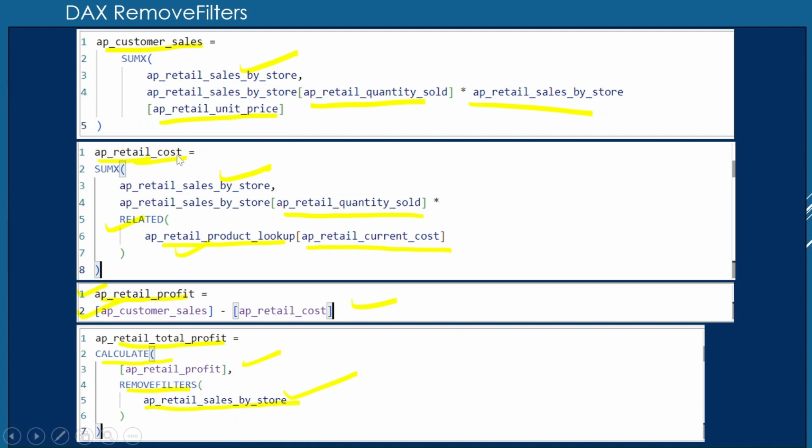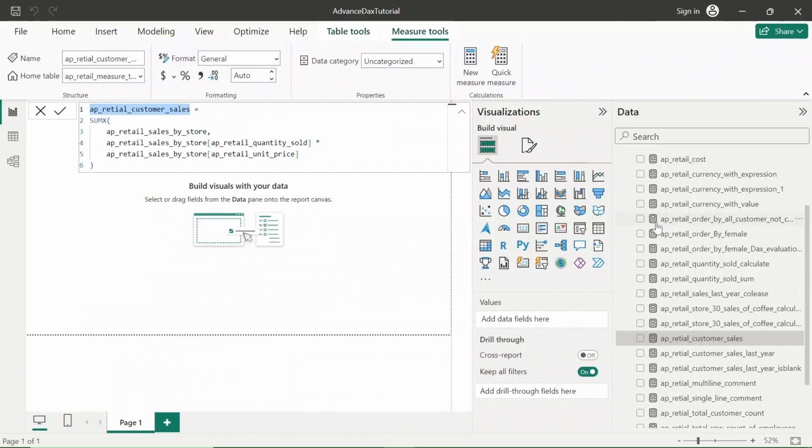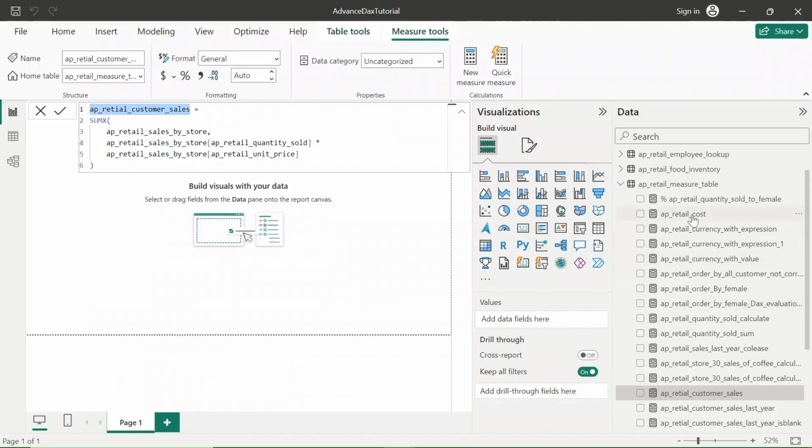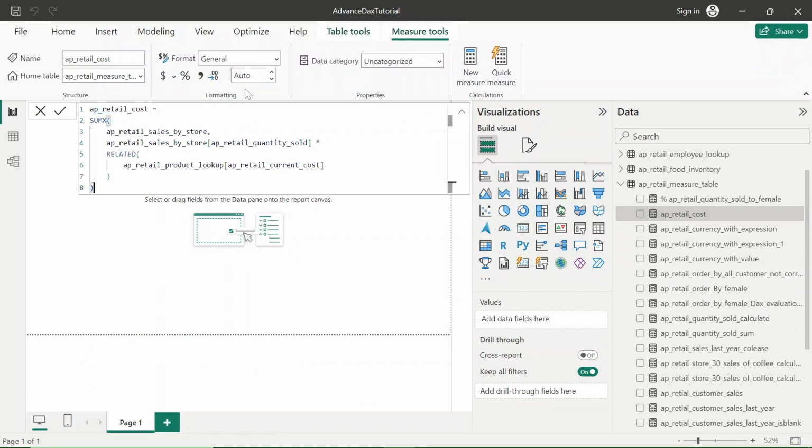Now this is AP retail cost. I have already created this measure, AP retail cost. What AP retail cost is doing is using the SUMX function. I'm using this table, taking the data from AP retail quantity sold and multiplying with the retail price of that particular product. And how I'm getting the current cost of that particular product is with the help of